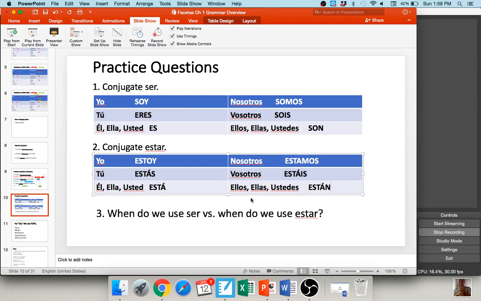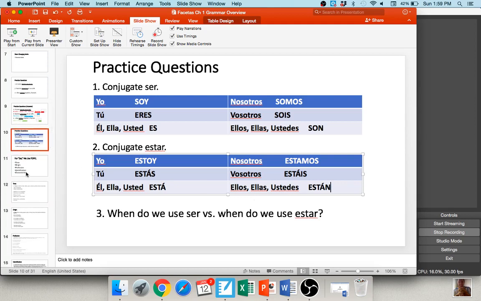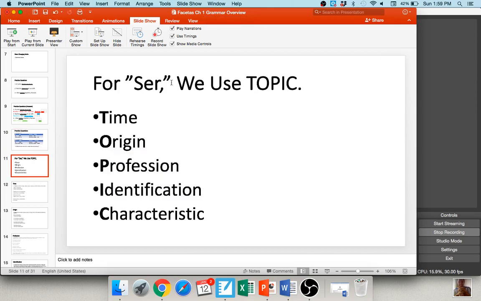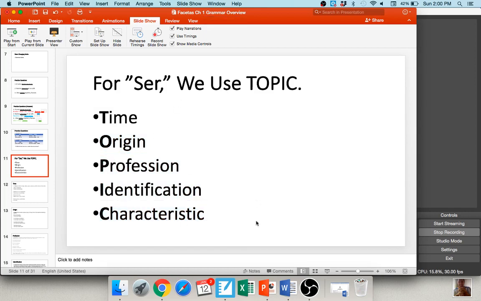And a lot of what this chapter focuses on is understanding the difference between ser and estar. So I always teach my students two different acronyms. For ser, we use the acronym topic, and for estar, we use the acronym place. So as we begin with topic, you can see that the T in topic stands for time, the O is origin, the P, profession, the I, identification, and the C, characteristics. For any of these reasons, we're going to use ser